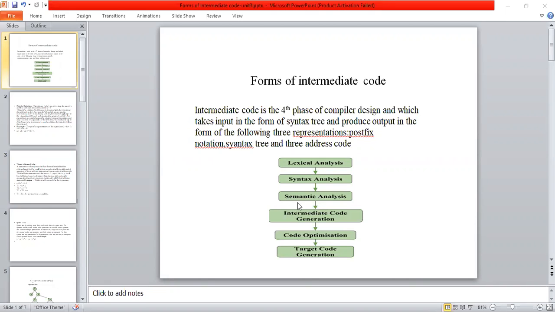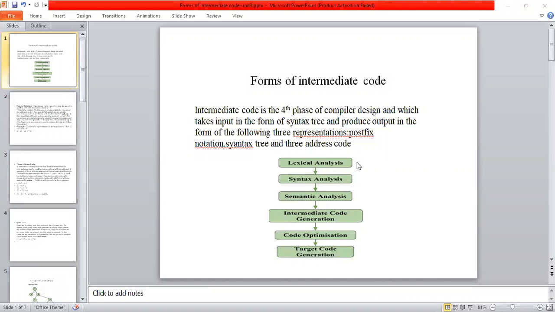The output of semantic analysis is given as input to the intermediate code, which produces output in different forms, called forms of intermediate code.